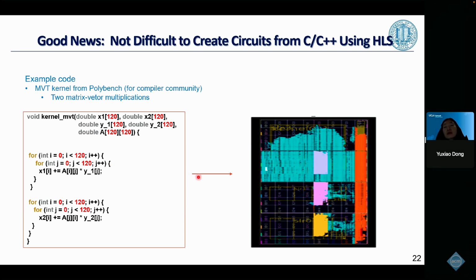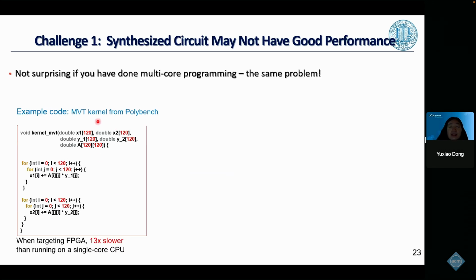So this is a code. If we want to directly generate a chip for this specific code, we can utilize the tool that we mentioned earlier, a high-level synthesis tool that will directly generate the chip. Humans don't have to do anything, just provide the code. But unfortunately, if we don't add some description of how this code should behave, the generated chip is even slower than the CPU. That's definitely not what we want,